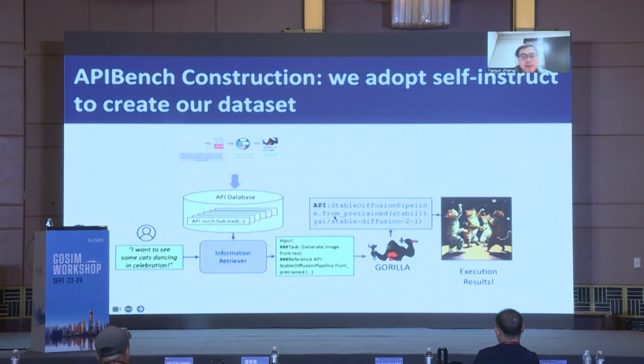Afterwards, I pass both the question and the relevant text to Gorilla. Now Gorilla would generate a valid API call, saying StableDiffusionPipeline from_pretrained from stabilityai, stable-diffusion-2-1. And we can see the execution result. It's dancing cats right now.